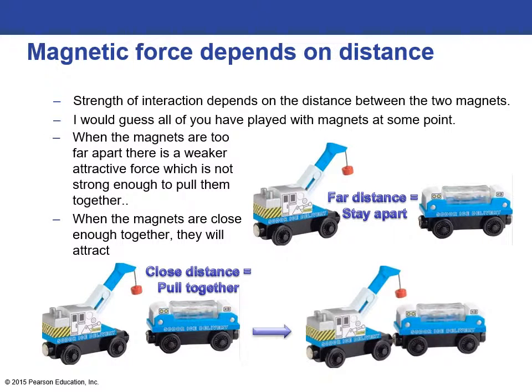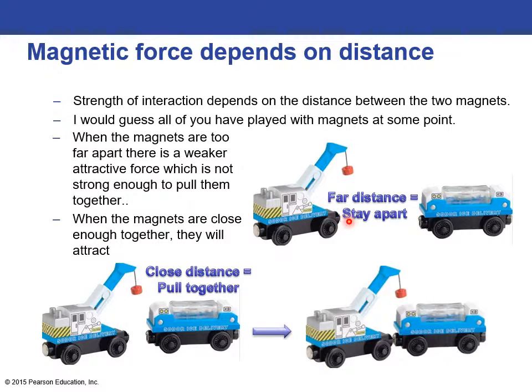The amount of magnetic force depends in part on the distance between the two magnets. The strength of that interaction is stronger when they're closer together and weaker when they're further apart. I'm guessing all of you have played with magnets at some point, and seen how when you put two magnets close together, they appear to pull in and hook together. So for example, these Thomas train cars here,